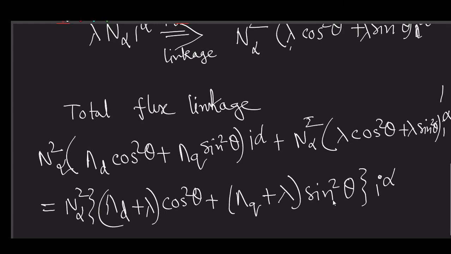current. Means how to figure it out: if you make I alpha equal to 1, then for unit current this will become 1. So this is for unit current. For unit current you will get this flux linkage. So